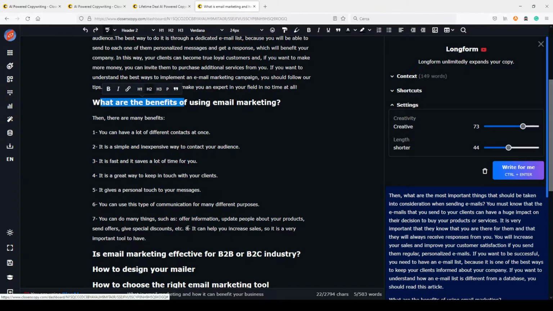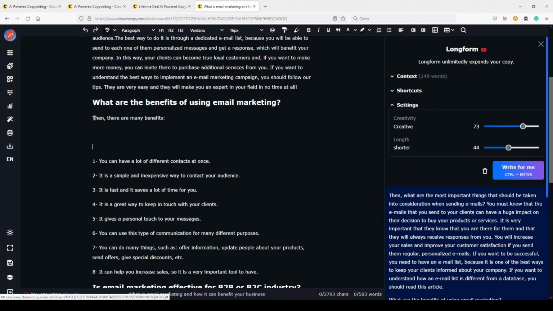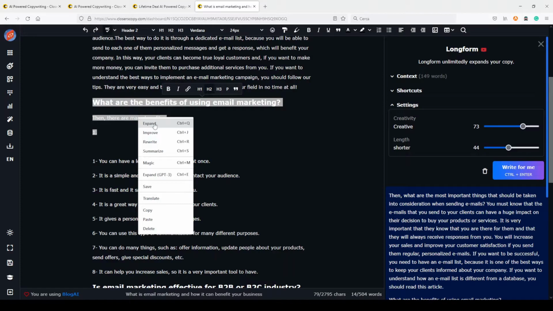It's not always the case. Sometimes you will have a paragraph. Sometimes you want a list. How can you tell the AI that you want a list? For example, writing something like this by yourself, there are many benefits. If you place 1+ here and click Write for Me, or if you select this part of text and right-click